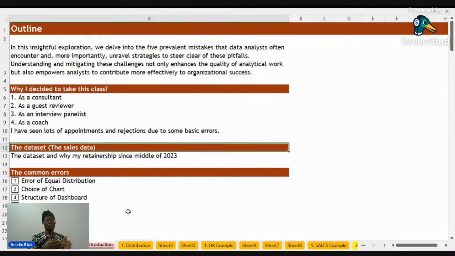So instead of just looking at who made the highest sales and who did not, we can get to understand why these things happen. When we understand why these things happen, can we see a trend? Then can we use that trend to build a system for the business? At that point, the business owner has more value beyond just an Excel user or a Power BI user